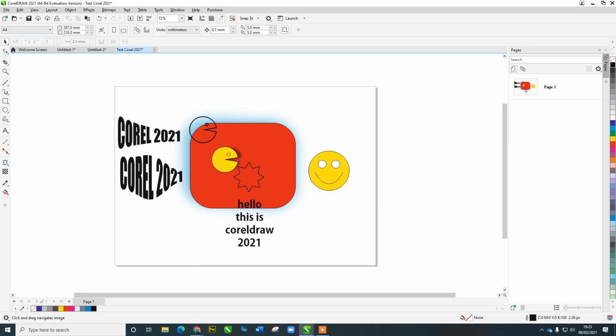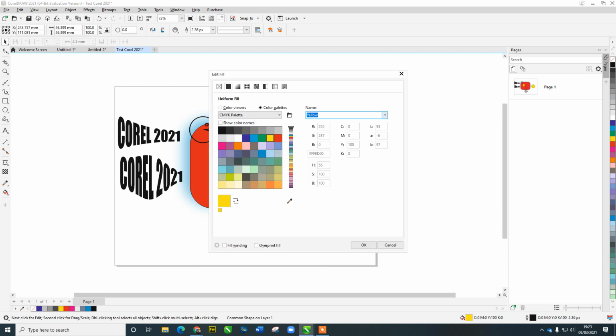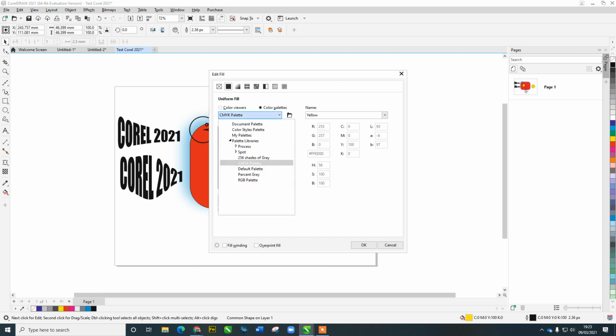If you wanted to change the color of this, let's say I wanted to find one of the palettes that's included with CorelDRAW, I can double click on this here and change from the drop down here, lots of different colors. We've got spot colors. This one here, Roland, is what we use with VersaWorks for telling a machine to print. You've also got, sorry, print and cut. And also on here we've got,